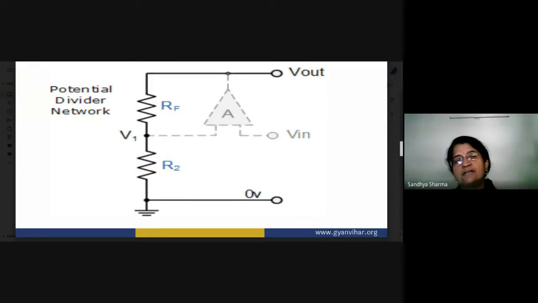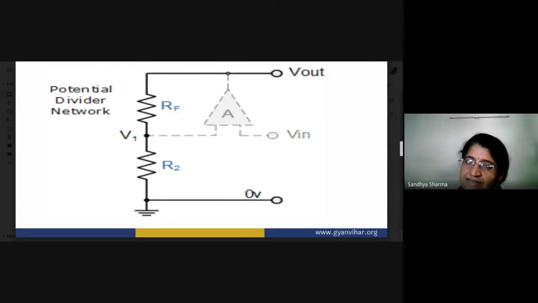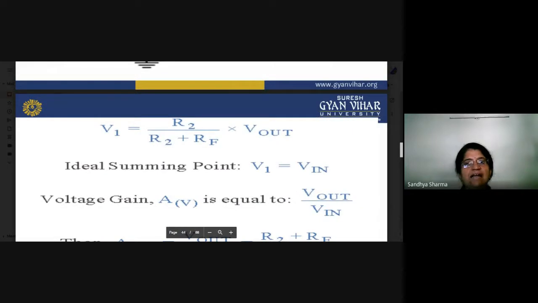You have also studied different types of circuit diagrams and how the voltage divider network divides the voltage across two resistances. We have seen this in circuit analysis in the first semester. If you are given an output voltage V0, how is it divided across these two resistances, and what voltage drop is received across R2? That particular voltage V1 is applied to the negative terminal. By using this, we can calculate the gain of our non-inverting amplifier.